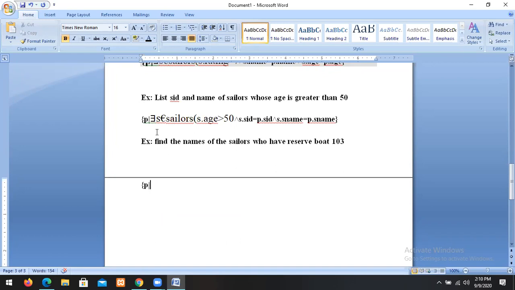For all S belongs to sailors. This is the information I required. For all S belongs to the sailors. For all R, so what are the tables we required? Two tables are required. For all R,